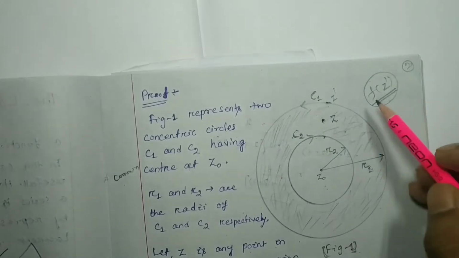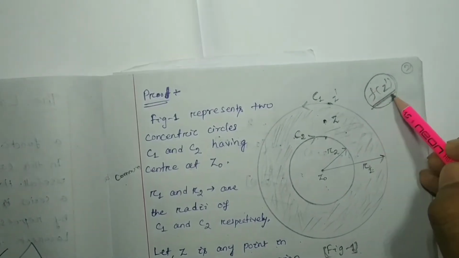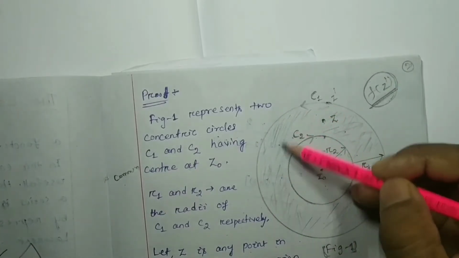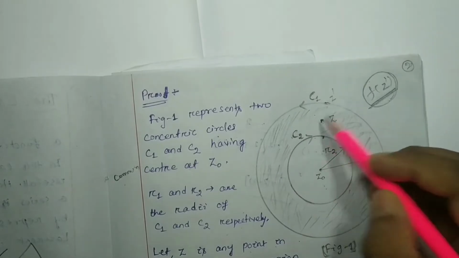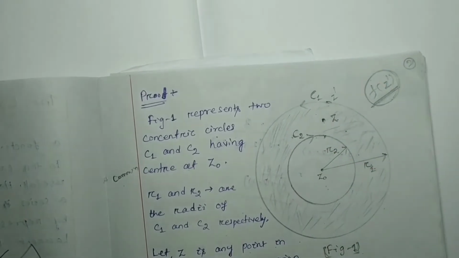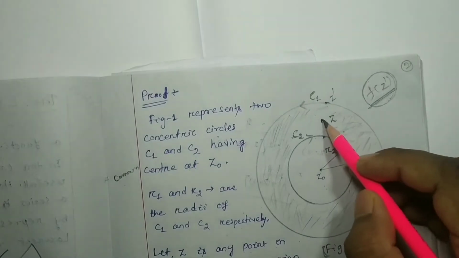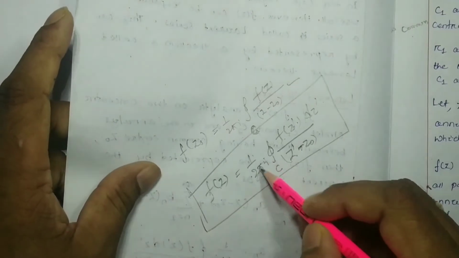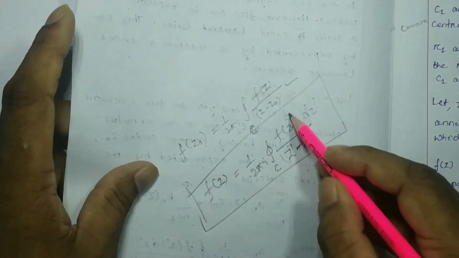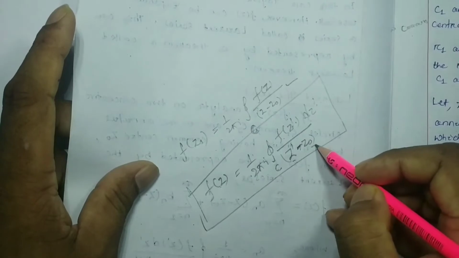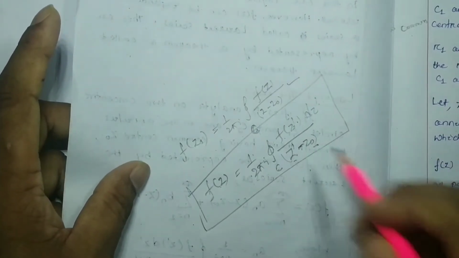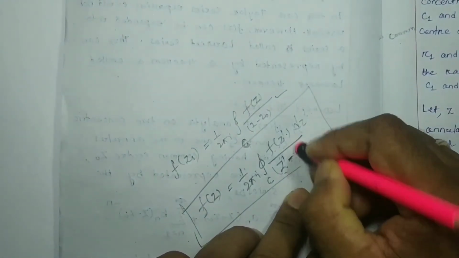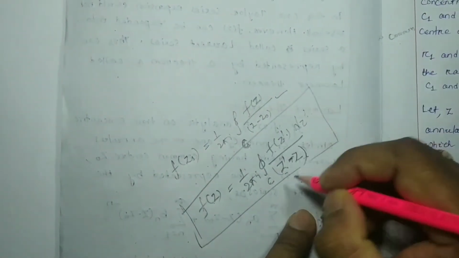So now if f(z') is a function which is analytic on the circumference and inside this region, and z is a point where we are trying to find the functional value, then what will be the answer? That will be 1 by 2 pi i closed integration C f(z') dz' by z' minus z0. Instead of z0 what do we have to write? z' minus z. Got it?